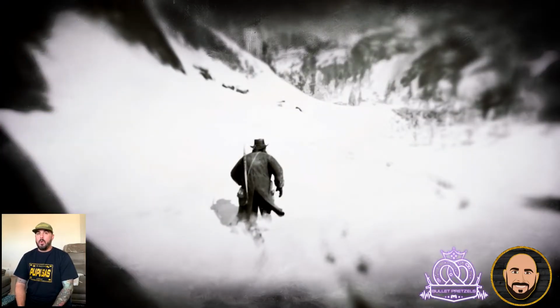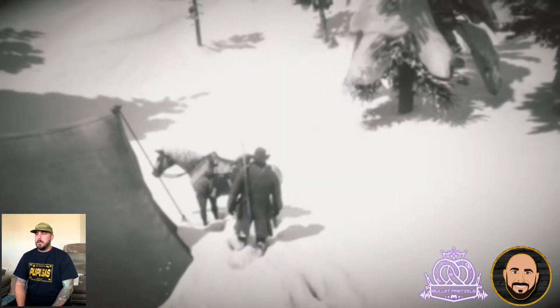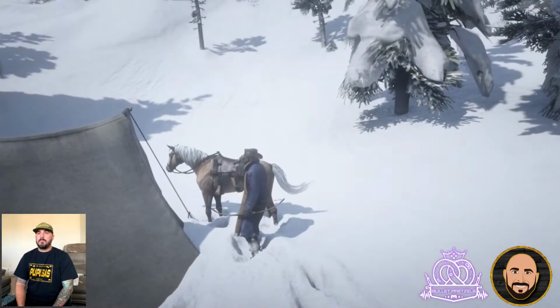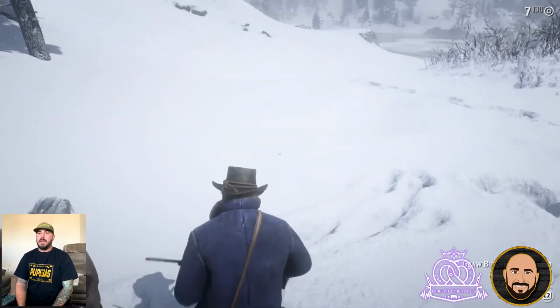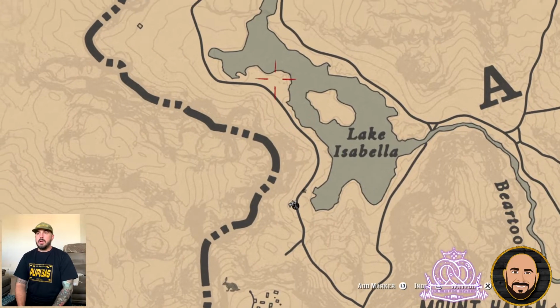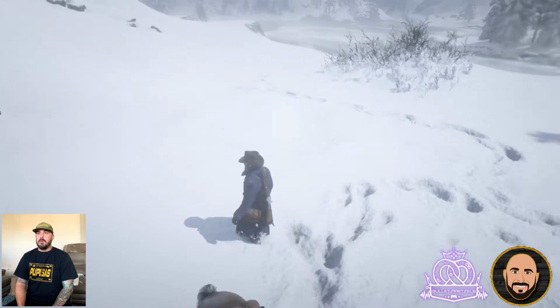All right, I'm walking. Let's get my rifle off my horse just in case. Pull that out, just have that on hand. Throw it over the back. All right, now like I said, he's up there in this crevice. He should be up here somewhere in this crevice area. All right, so we're just gonna set the waypoint, because it's easy to get lost in the snow, guys. So this is where you have a...